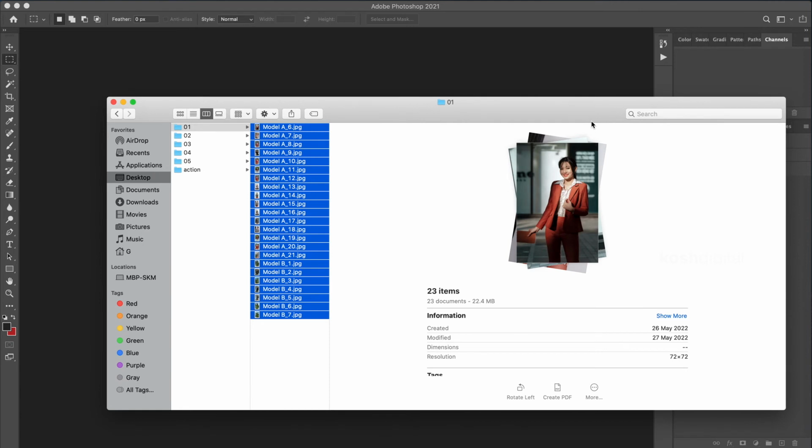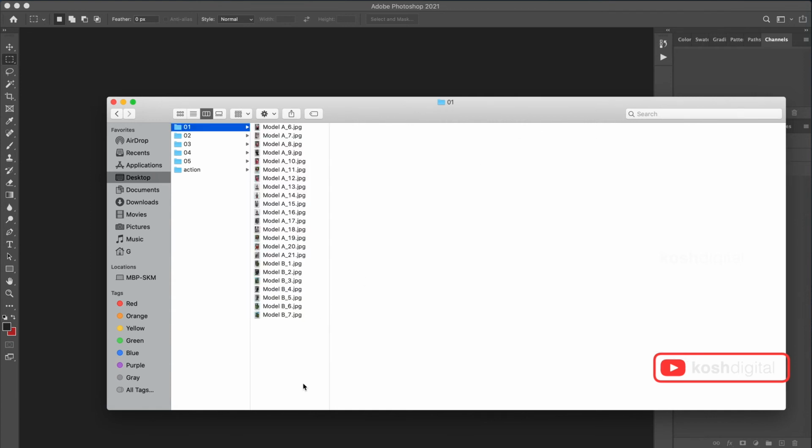Now let us look at an interesting one. We looked at creating an action and applying them manually, and we also looked at automating using batch processing. Now let us look at a droplet. What is a droplet? It is a kind of an application with actions built into it. So what is the use of a droplet? Let us say you want to give this droplet to your team. If tens of thousands of images are being processed by your team, and you want all of those images output to have the exact same action with the exact same settings, you can simply do that by creating a droplet and sending it across to your